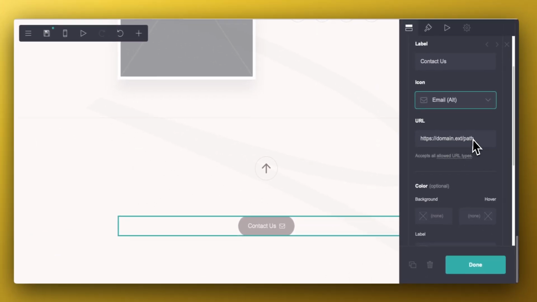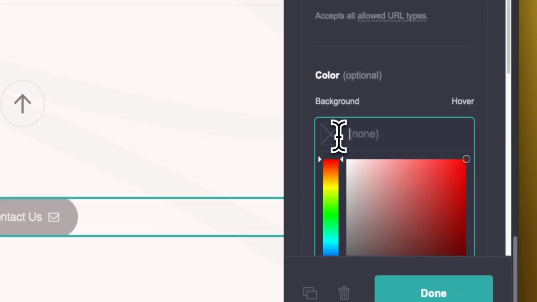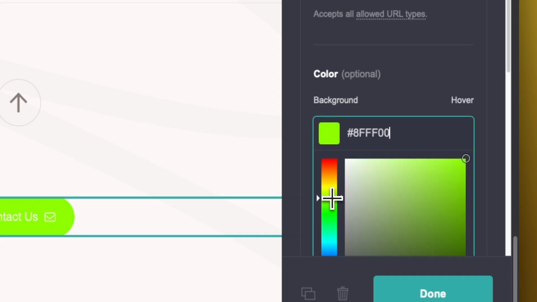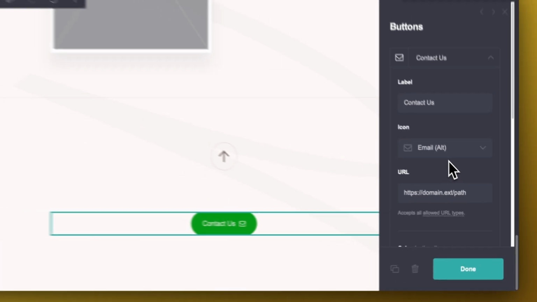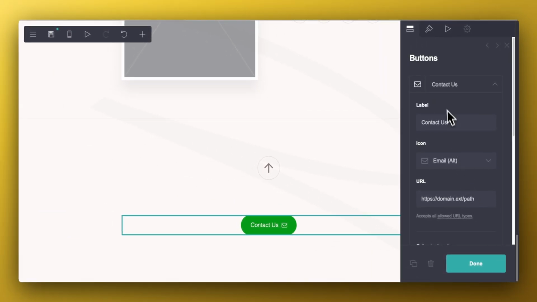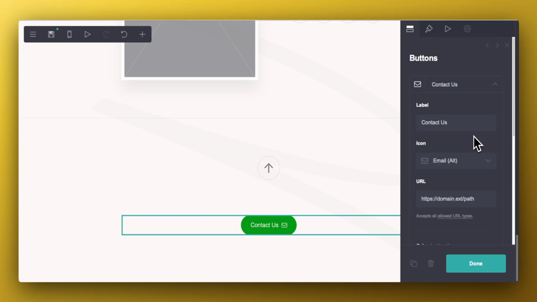You could then put your domain there for where they must contact you. And this is where you start changing the colors. So if you were using green, we'd go with our favorite green for Tim's Gardening, if it was that business we were using. To have that, your label, you can choose the hover. You can play around with all of these options, but essentially you can add anything onto this